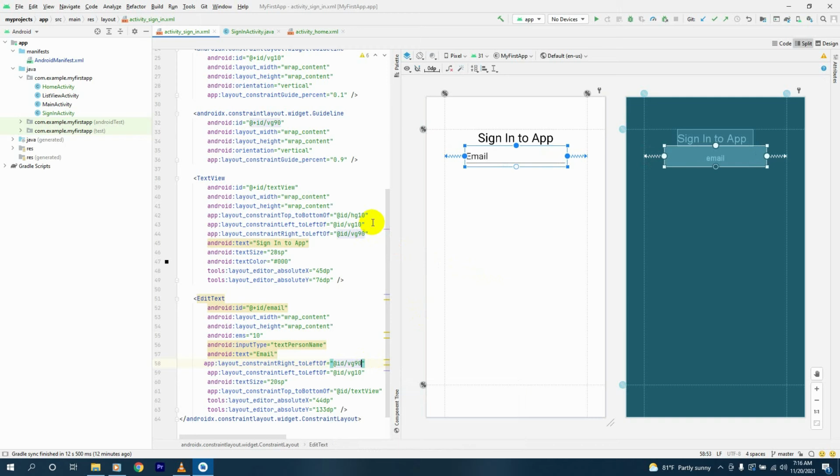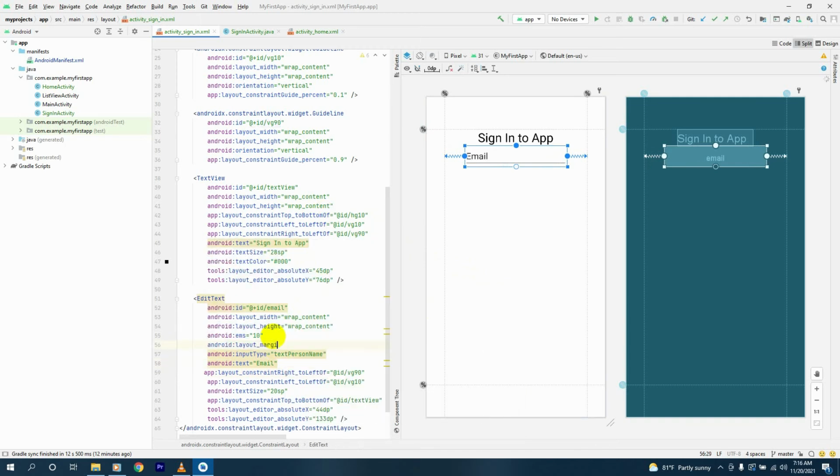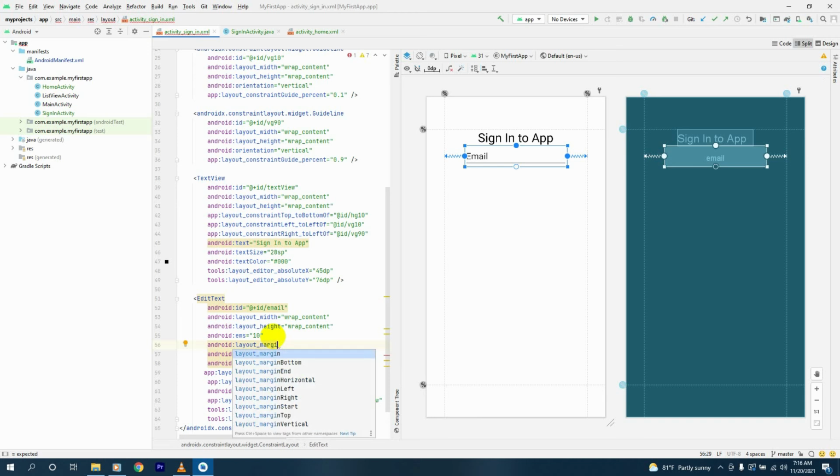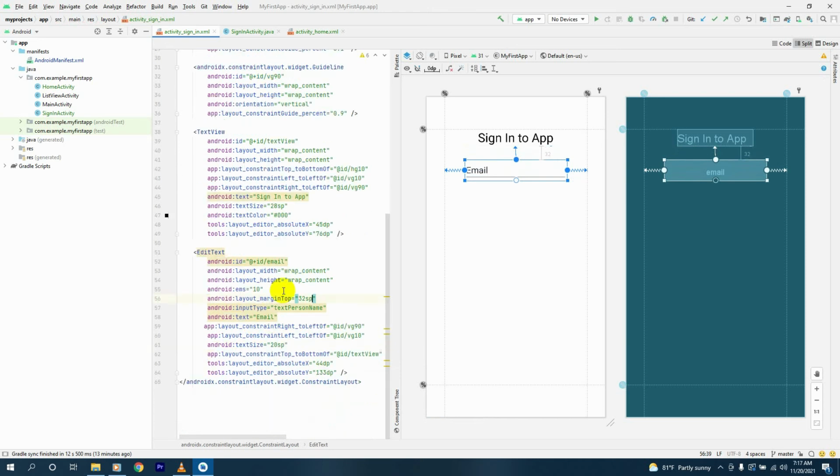Next thing, we must give a margin for our email. We say margin, this time we'll give a margin top. Margin top will be 32 SP. Okay, next thing,